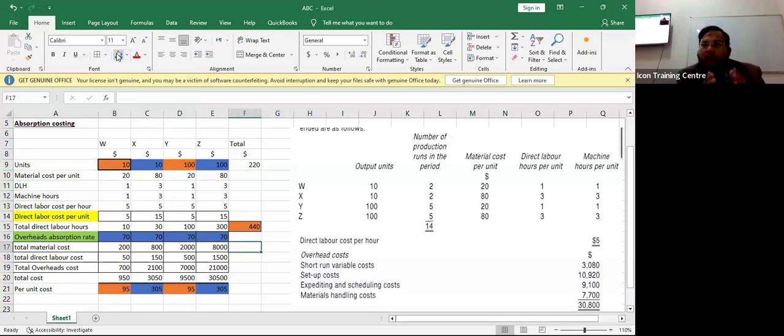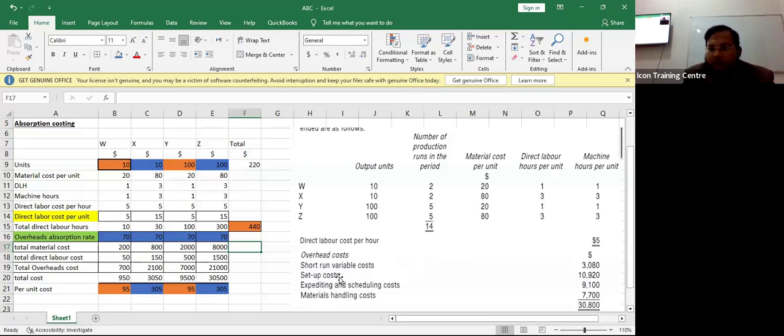So we do not believe in activities in absorption costing. But while going for ABC costing, we have to understand and capitalize every activity, right? Now when we move to ABC, you can see that he has given you the complete detail of overhead cost in the question. He says that short-term variable cost is 3080, so we can divide it by the direct labor hours. But if you have a look at this setup cost,